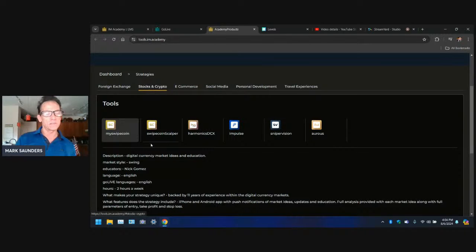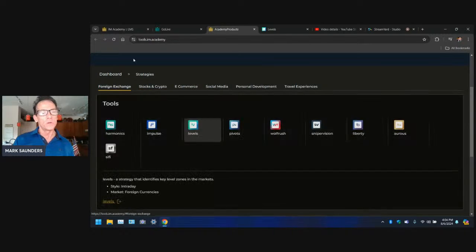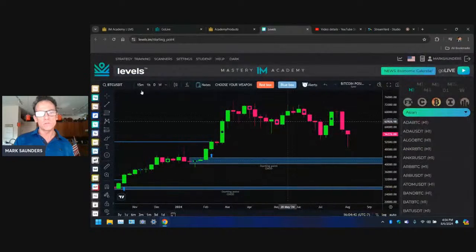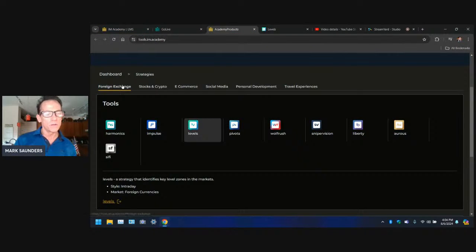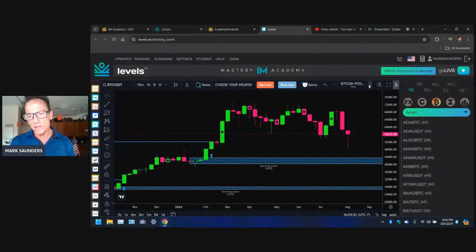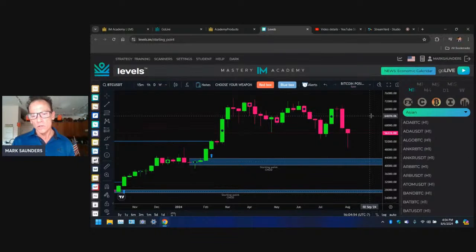And services. So for example, the one I got right here is Levels, right? This is a part of the foreign exchange program. It's called Levels, and we're going to look at, all right, so this is Bitcoin. Currently about